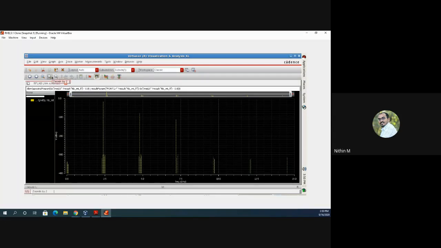Is this clear? I understand these simulations are just shown for familiarity, so that you can also work on these things. Whatever we discussed about a nonlinear system, I'm just showing how the outputs appear, right? So that's all for today. Now I'll stop here and I can take questions.